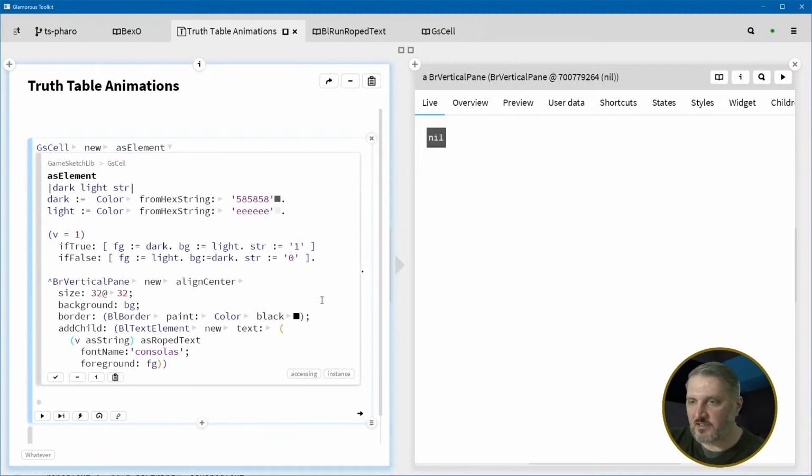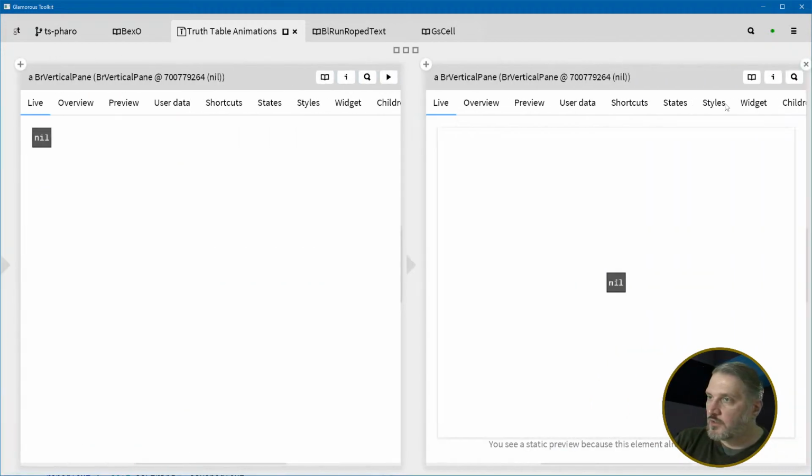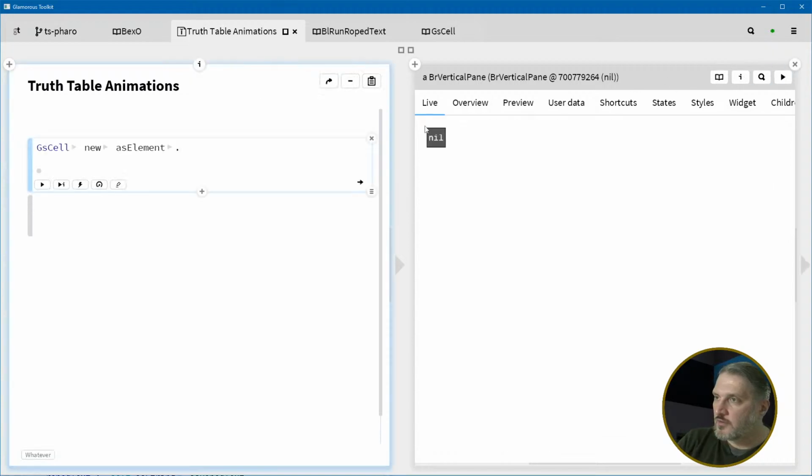So what we should do instead is the other thing, instead of just saying as element, do this. We can just say new, and